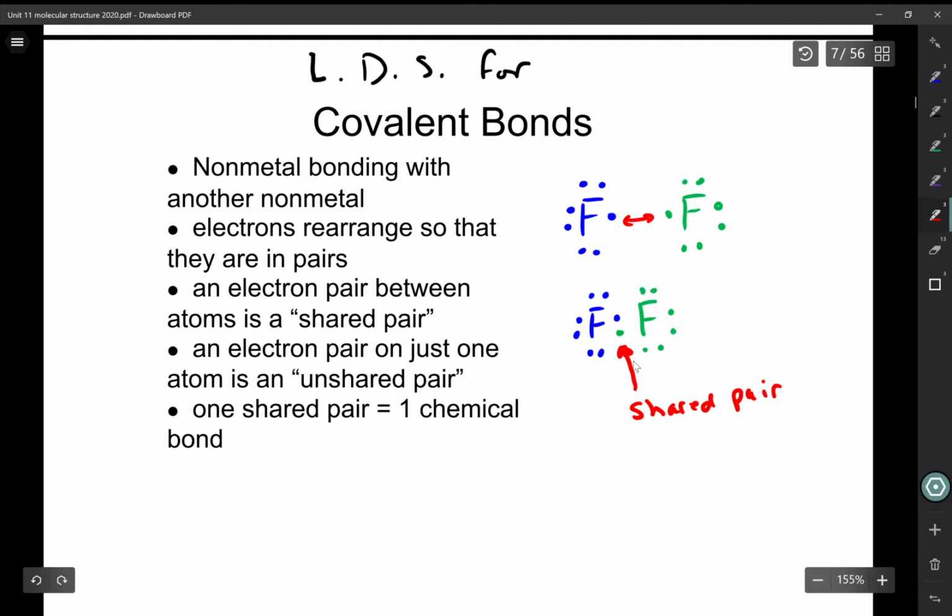Whereas the electrons on the outside here, so on the green fluorine, we got these two, these two, and these two, those 6. Those are unshared pairs of electrons, because that fluorine's not sharing these 6. Same thing here, this fluorine, 1, 2, 3, 4, 5, 6. These are unshared pairs of electrons. They only belong to this fluorine right here. And this is our shared pair. Now, one shared pair is called a chemical bond,